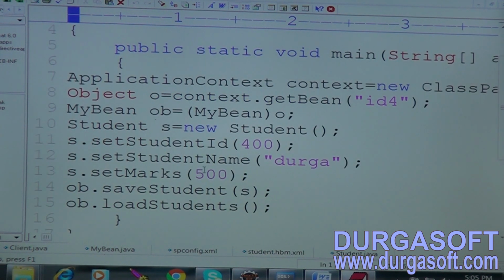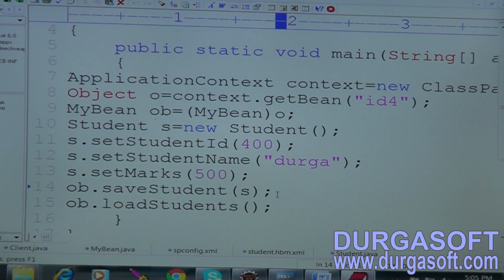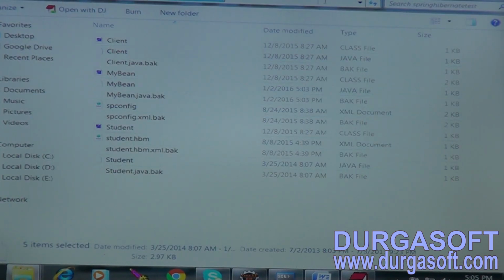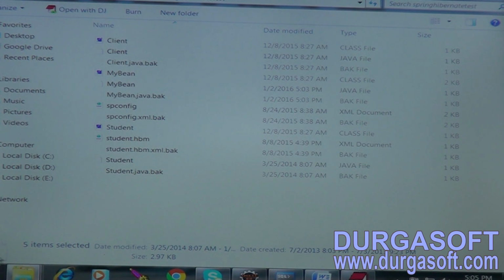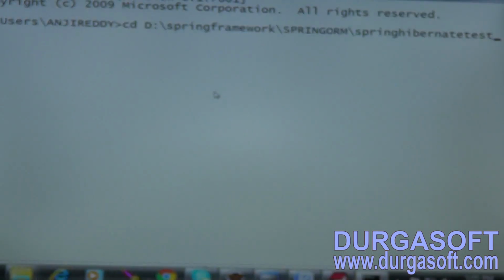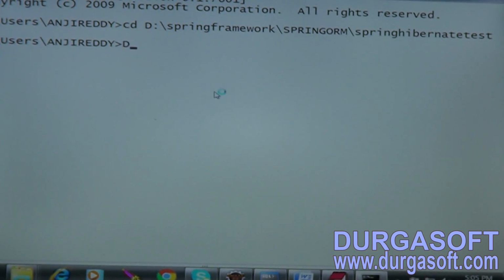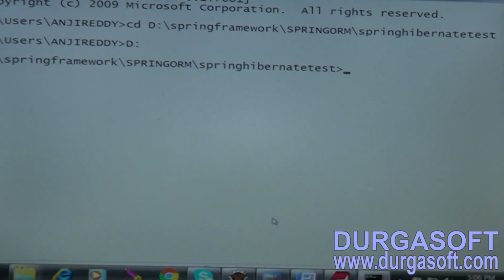Now go to the client application. This is my client application. I am setting the student details, saving, and then loading. Now I will take this location and go to the command prompt. First we will see whether the database table is there or not.